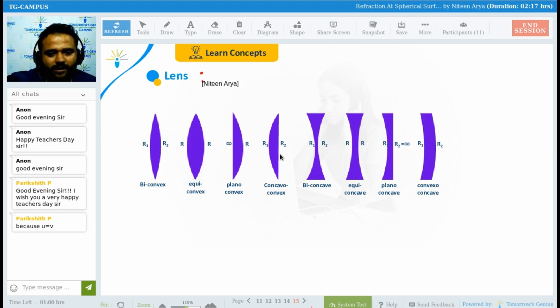Everyone knows what a lens is. A lens is, you can say, a combination of two transparent media which is going to give you refraction, with the help of which we are going to create the image. It bends the rays, and we get the image at the correct position. Simple thing. No one is going to ask the definition, but in a simple way what you can write down is: